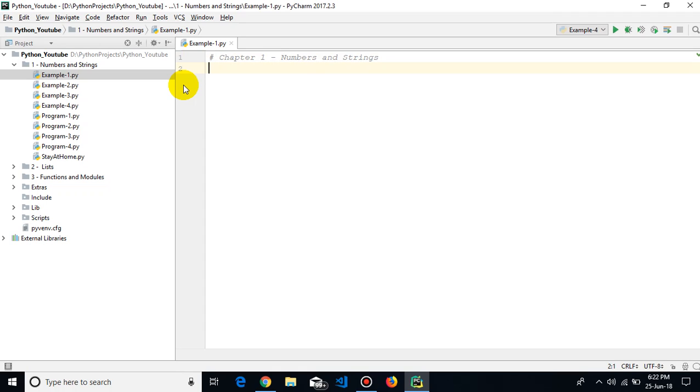Another way to add comments is by three single quotes. Anything that you add in between this, even on multiple lines, will be a comment. Make sure you write something sensible. So let's say chapter 1 numbers and strings, that's already done in a single line comment. In multiple lines: